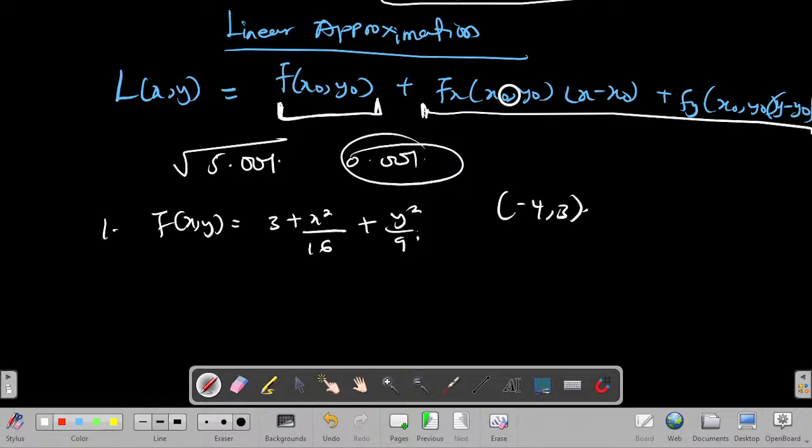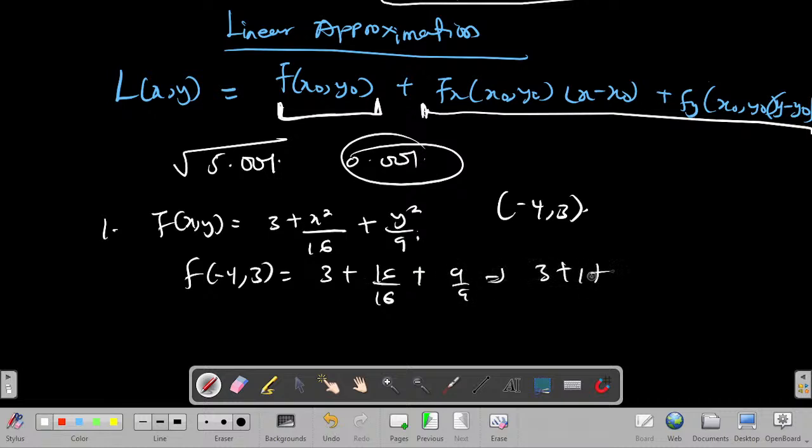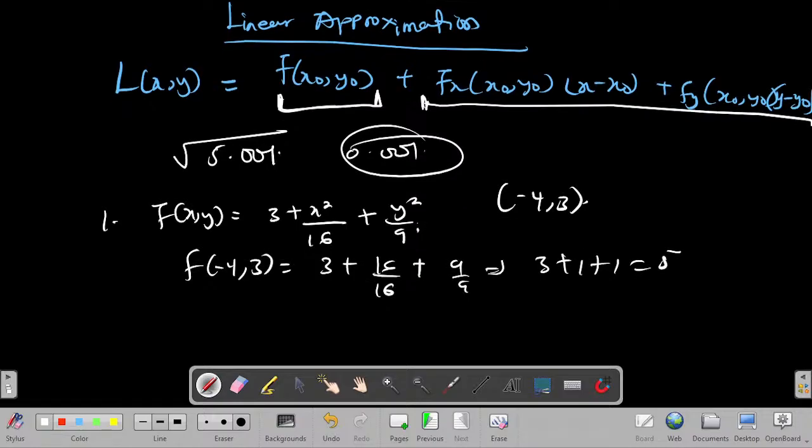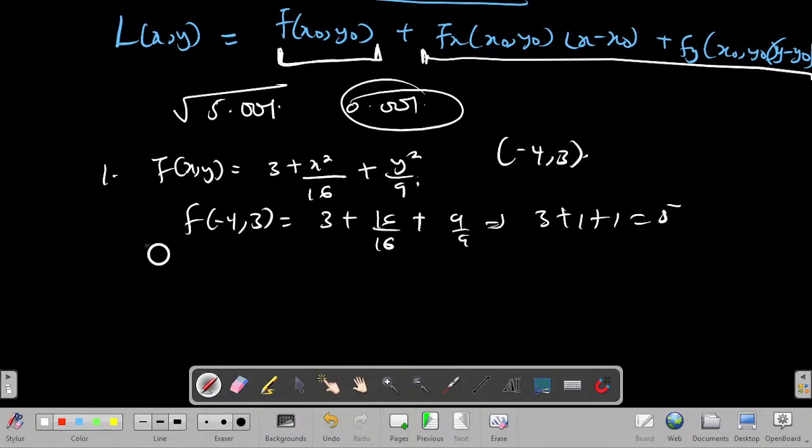So what do you need? Looking at the formula, the first thing we need is the functional value. So you put in the point directly. What do you get? f of negative 4 and 3 is equal to 3 plus, when I put negative 4 here, I get 16 over 6, plus when I put 3 here, I get 9 over 9. This gives me 3 plus 1, which is 5. So I simply have 5